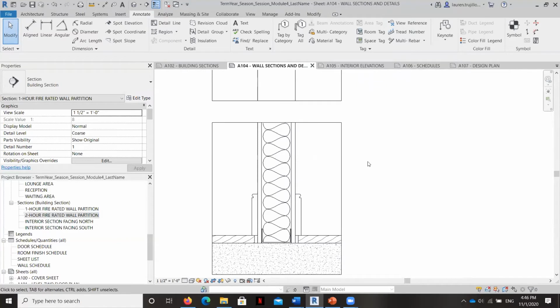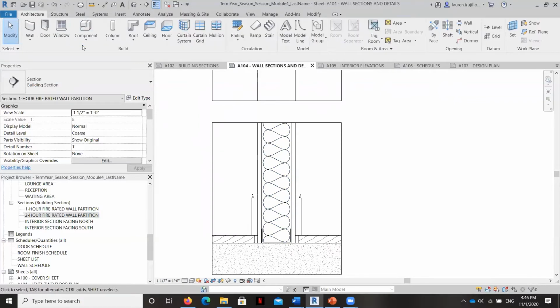The one thing before we move on that I do want to draw your attention to is there are detail components that you can bring in if you want to, but they end up adding a little bit of complexity and geometry to the drawings, whereas we're just trying to do a very simple graphic representation. But I will introduce to you where they are.